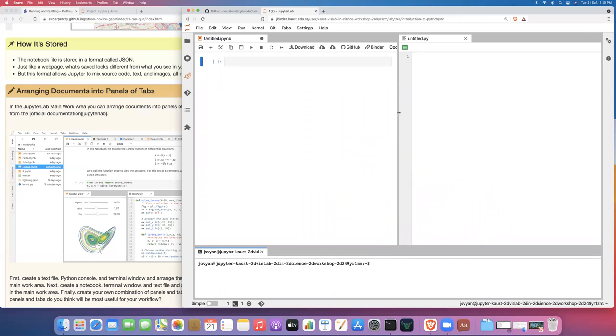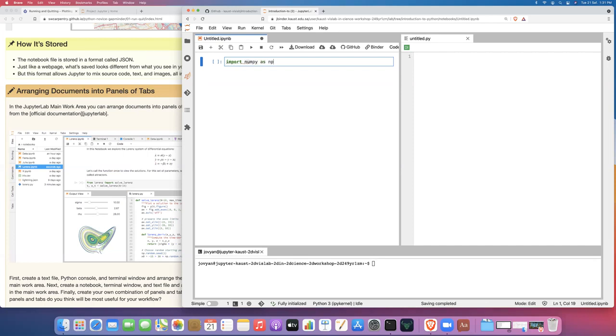And then maybe I have a setup like this. And so I might use my notebook to prototype some code. So for example, I might try to import a library. So I'll import a library called NumPy as np, and